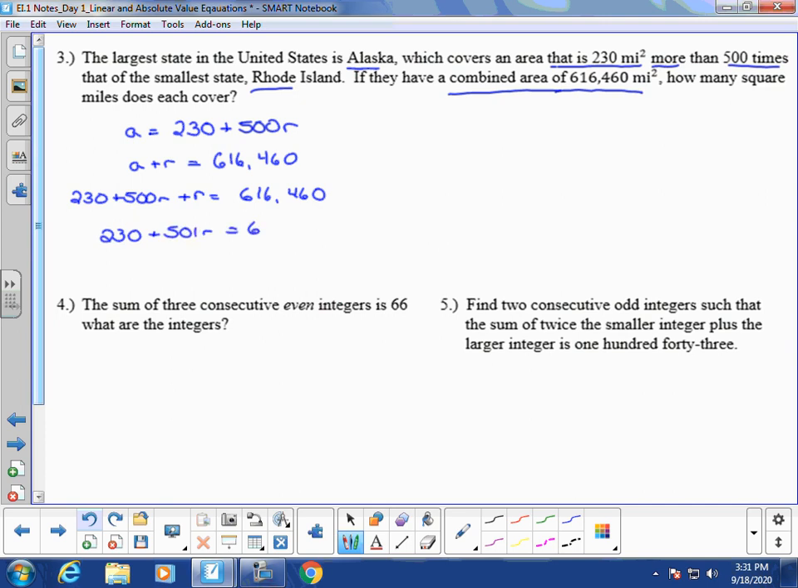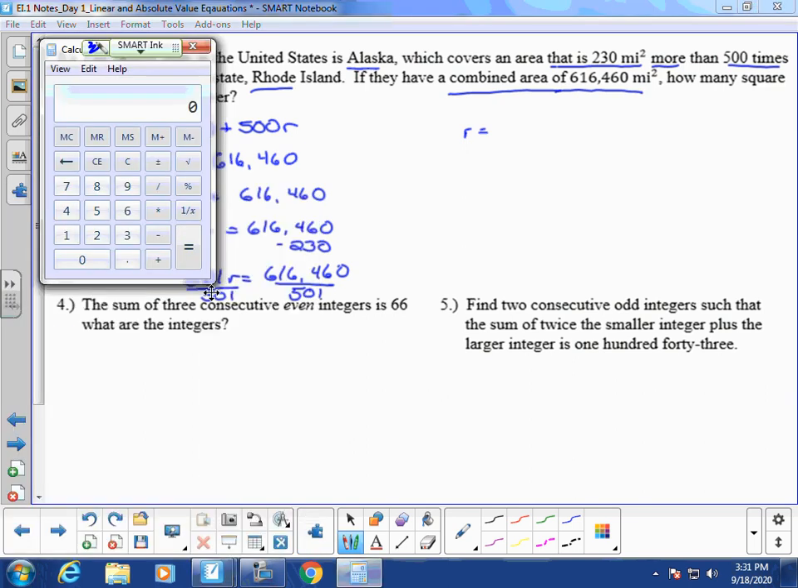So I can combine my R's to simplify that equation. Then I can subtract 230 from both sides, and I would get 501R equal to 616,460. And finally, I can go ahead and divide by 501. And this is going to give me a value for R. So let me pull a calculator up here because this is no easy division problem. So if we have 616,460 and we divide that by 501,